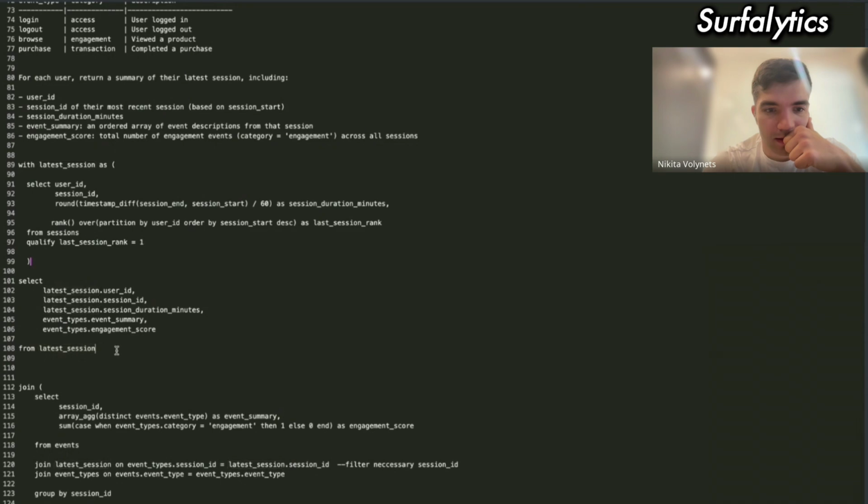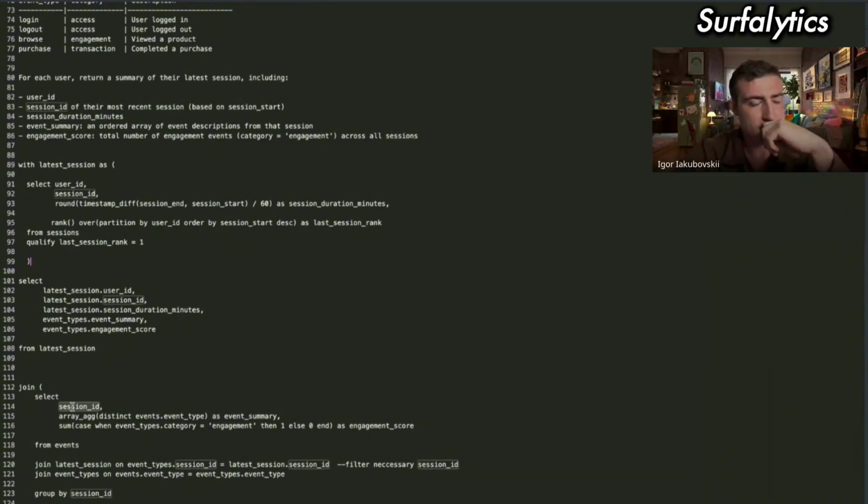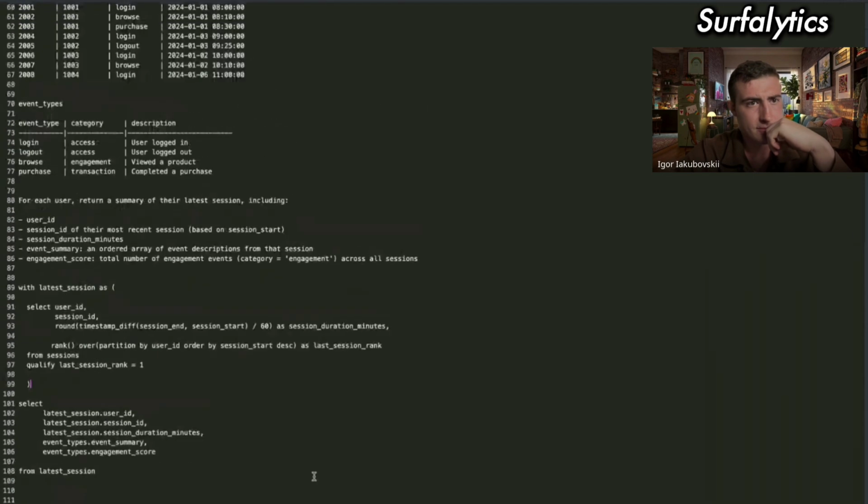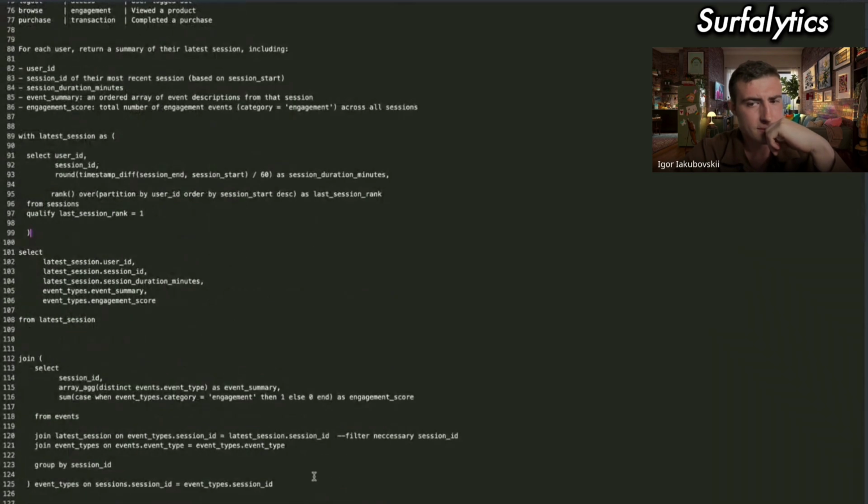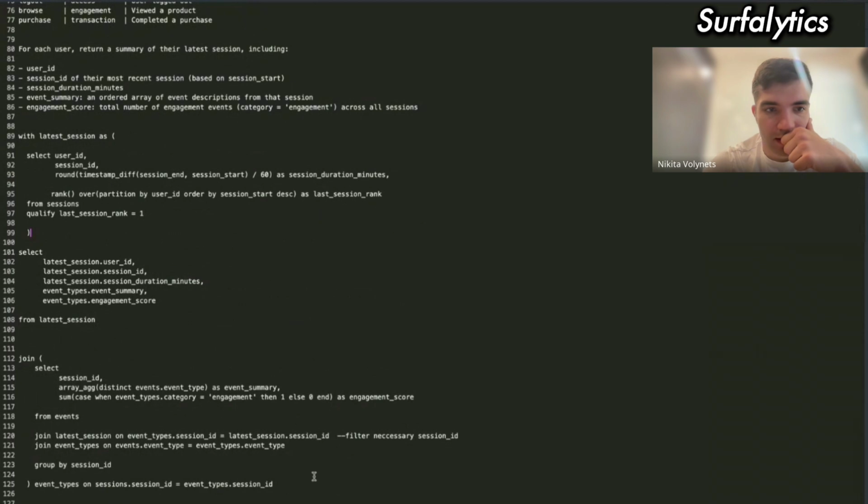And event, session ID. Yeah. Event types. Yes. Awesome. Yeah. I think now it looks good.